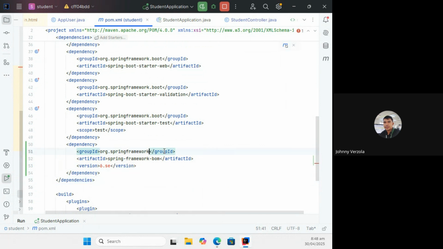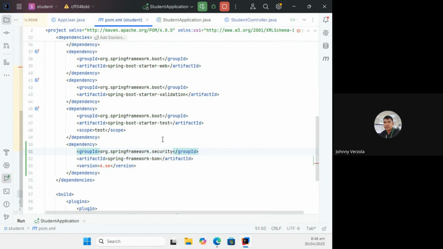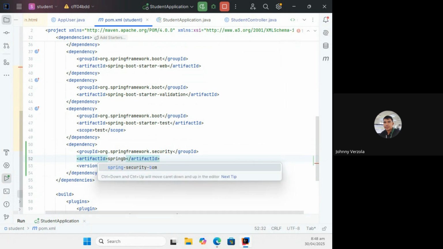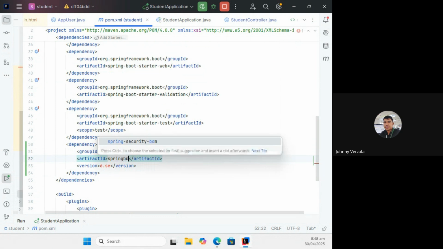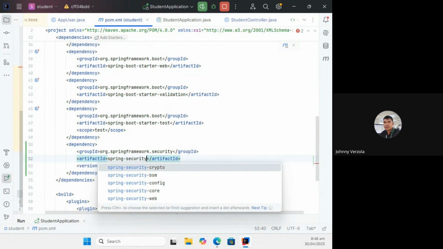That's the name of it. The artifact ID is Spring Security Crypto.